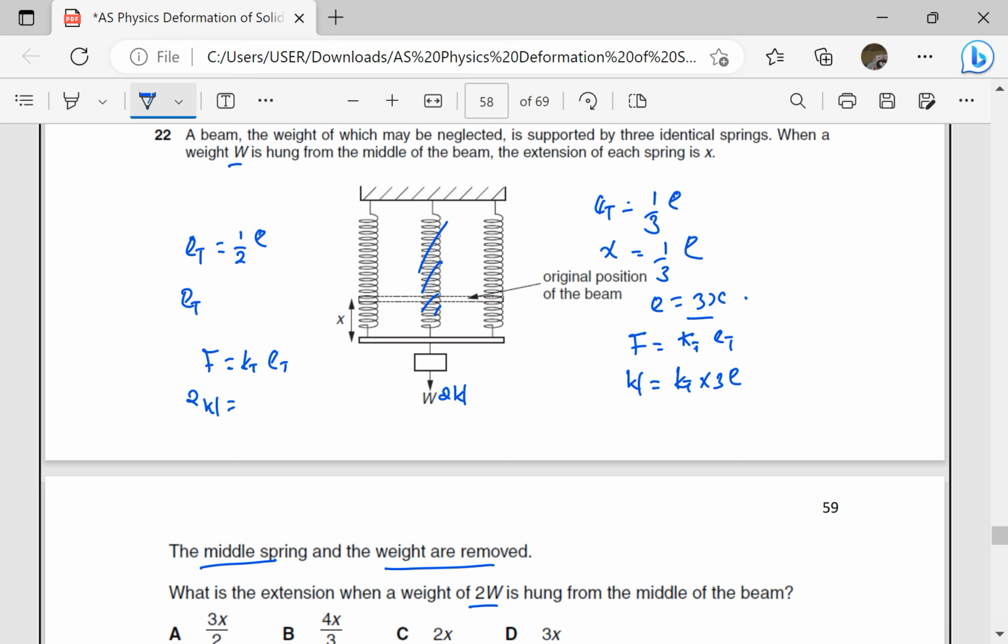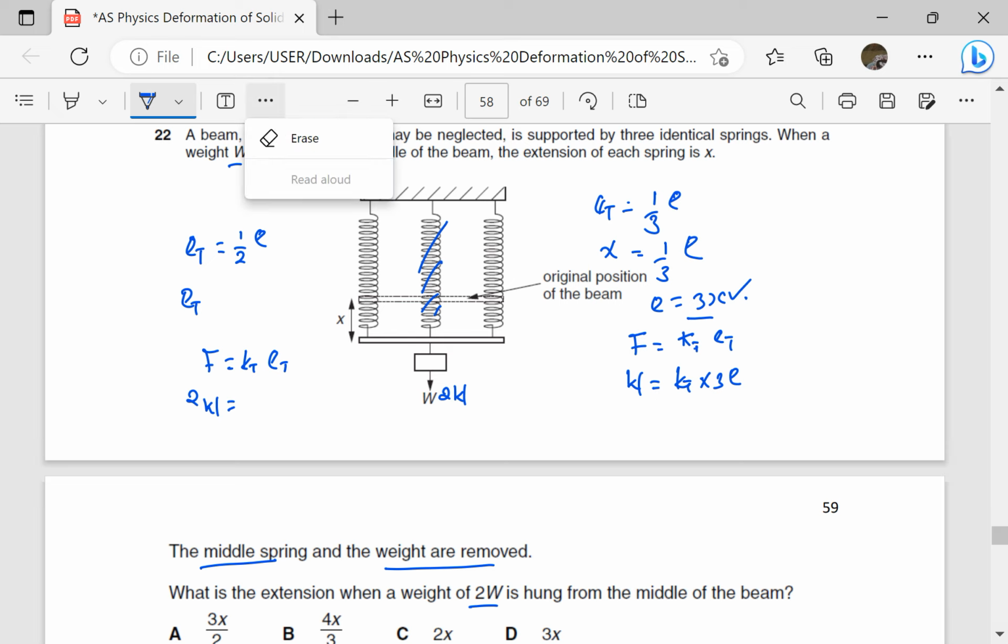If I had only one spring and its extension was this, then the constant, sorry, this was not K total, this was the extension of one spring. If I had only one spring and its extension is 3x, then using K equals F over E, the constant K is going to be W divided by 3x. Now I have the load, so one spring has that. So I have now a load of twice W,